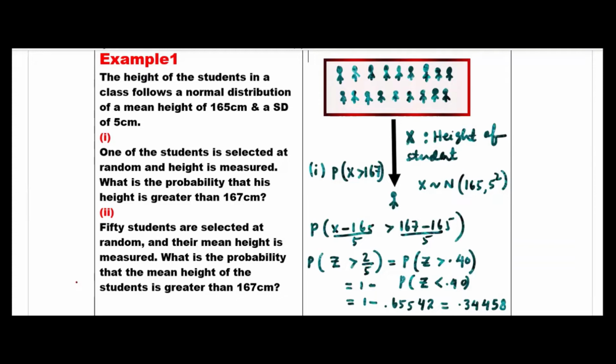Let them go. Suppose there are 10,000 or 20,000 students, we'll not count the total number of students. We are interested in the height of the 50 students only. Then we'll be able to know their mean height also. Now, before finding anything, the question is, what is the probability that the mean height of the students is greater than 167 centimeter? So if I write this here,